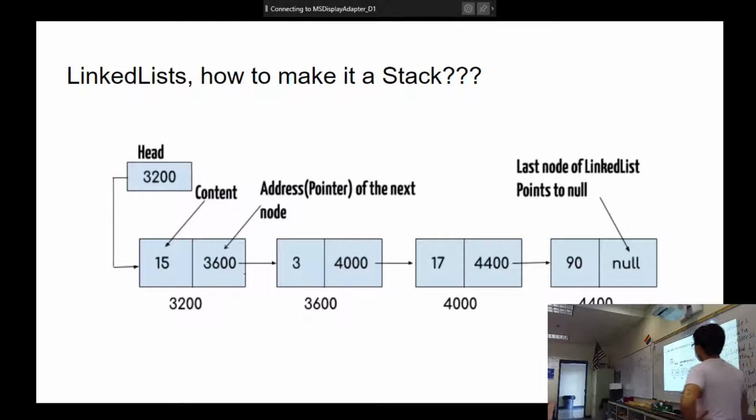And let's think about what a stack is again. A stack is, what's the rule? Last in, first out. Last in is the first out. And this is a stack of pancakes. The last one I made, I'm going to eat it first. It's lucky. So what can I change about this to make a stack?